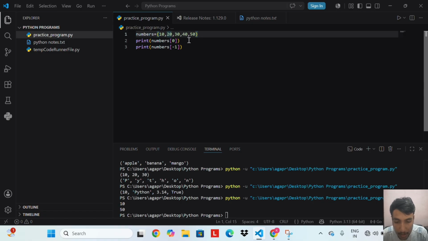Like this. Negative indexing starts from -1 at the end. So numbers[-1] equals 50 and index -2 equals 40, -3 equals 30 and so on. The only difference from a list: you can read elements but you cannot change them.